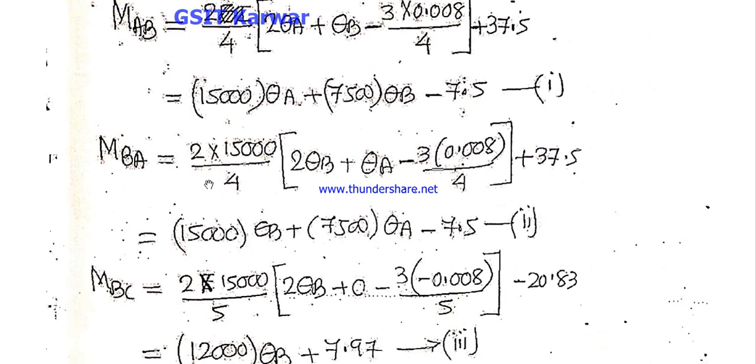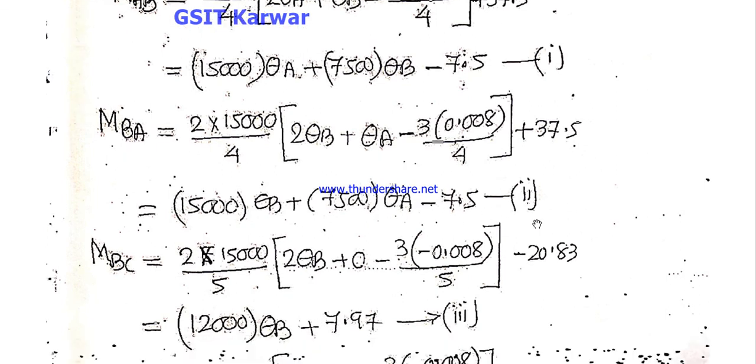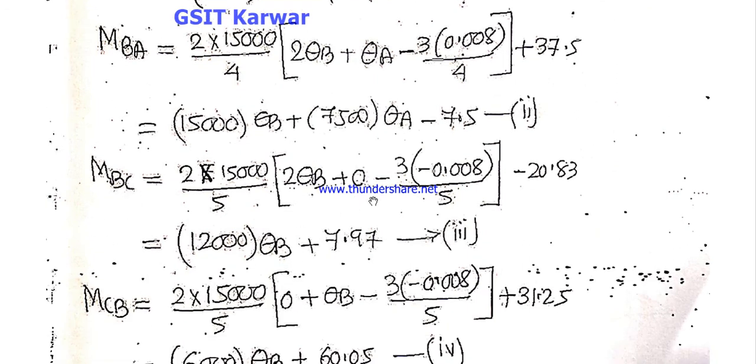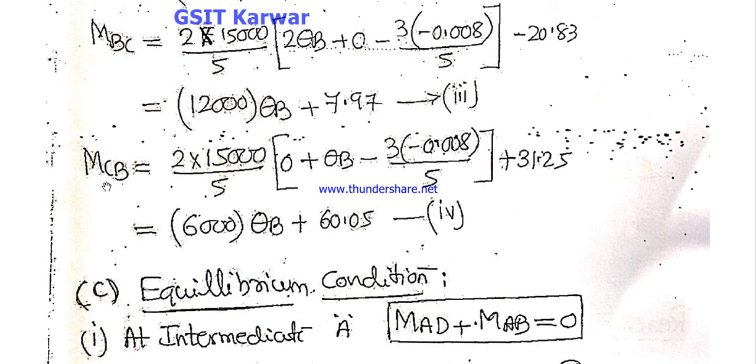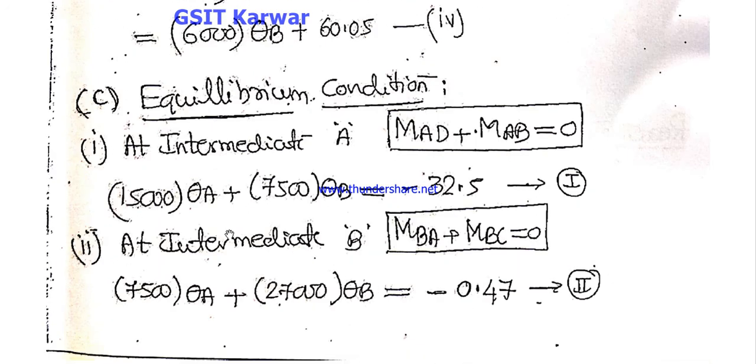Similarly for moment BA, you get equation number 2, and similarly for moment BC, here also you get equation number 3. In span BC you take theta B and theta C. Theta C is equal to 0 because the support is a fixed support, so you can directly consider 0. Here there is only one unknown, theta B. Next, similarly you calculate moment CB. You simplify the equation and you get equation number 4. Okay. Next